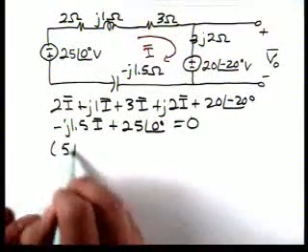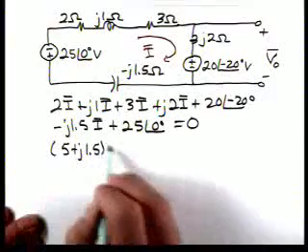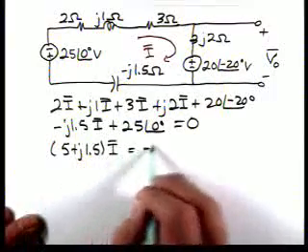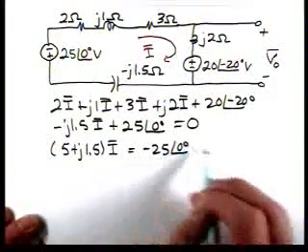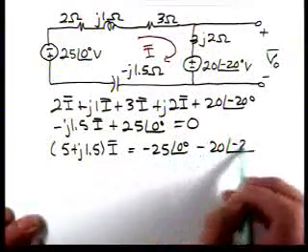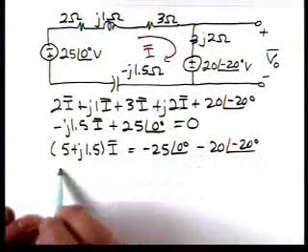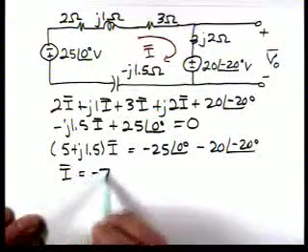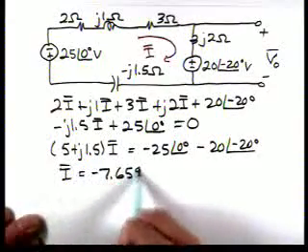Rearranging, this becomes 5 plus J1.5 times I is equal to minus 25 at an angle of 0 minus 20 at an angle of minus 20. And if we solve that, I is minus 7.659 plus J